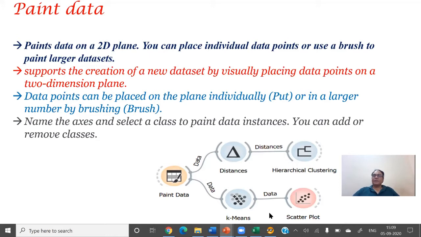So basically, you are not having the data, you are just having the concept. And the paint data will help you in visualization of the concept. That if you increase the advertisement, the sale will increase. Or like in university, there are three designations: assistant professor, associate professor, and professor. Similarly, in an organization, we are having top management, junior management, and middle management.